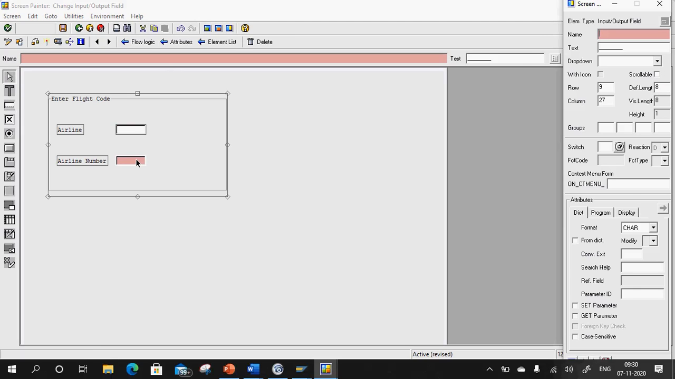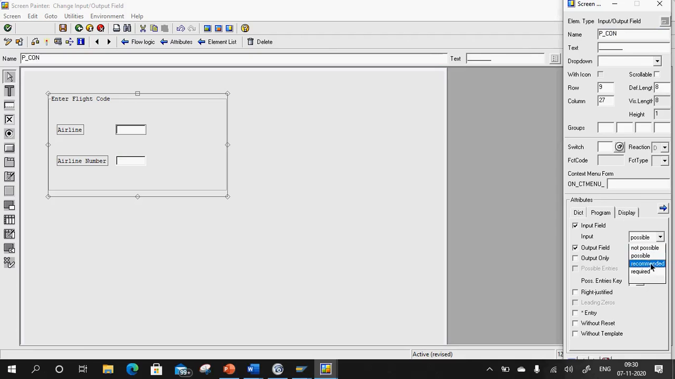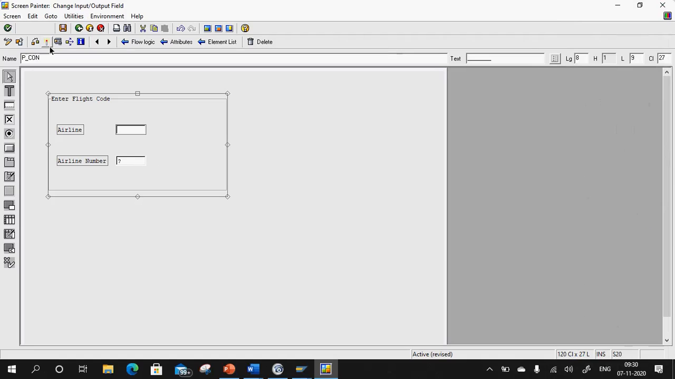Okay, and for the second one we'll specify it as p_con. And now the second thing we will do is, in the program, we will make it required, that is, input is mandatory for this. Okay, up to this point we did it. Now saved it. Now for the tab strip, what we will do is, if you can see here, tab strip